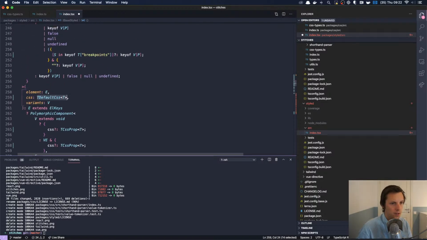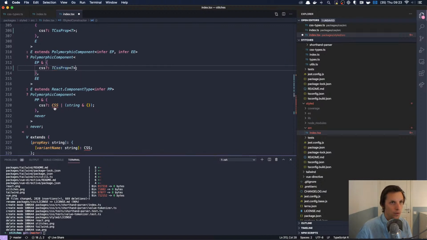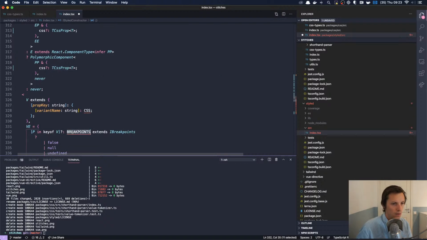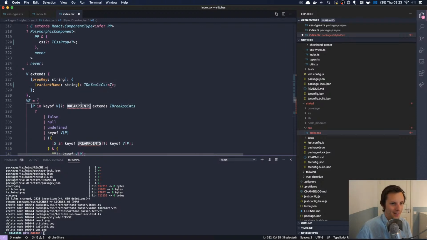T default CSS. Let's see, T default CSS, and this was a T CSS prop T. Yeah, I can't see any comments now, by the way, if you have any comments. This is T default CSS T. This is T breakpoints.